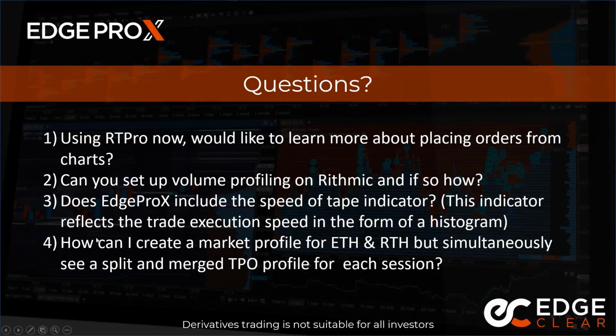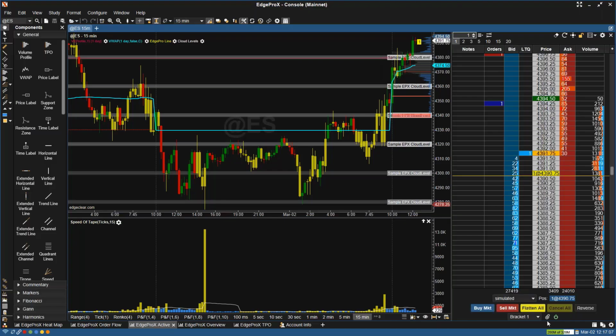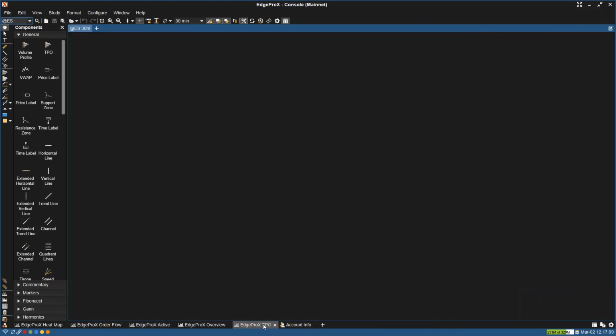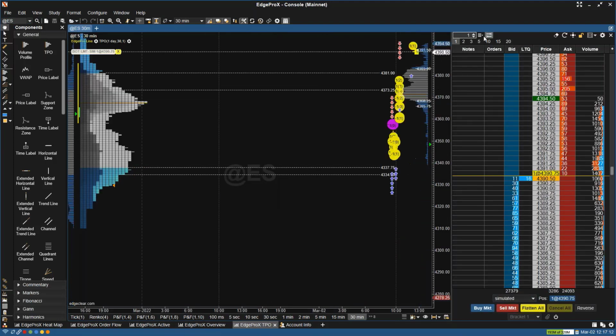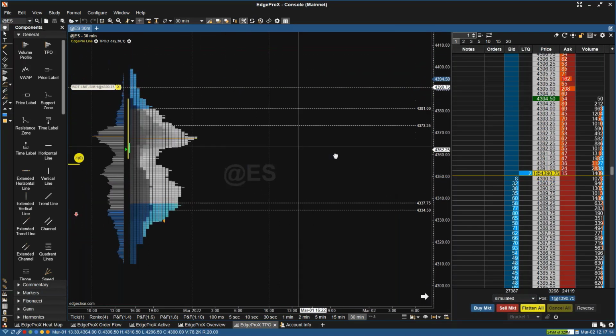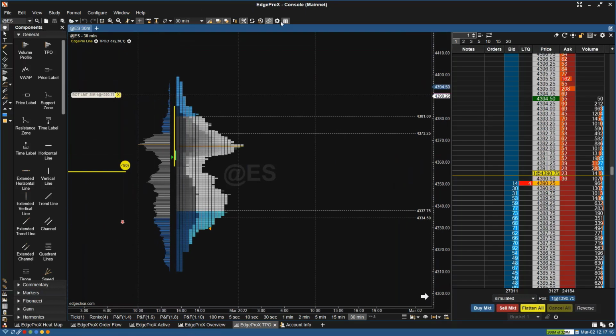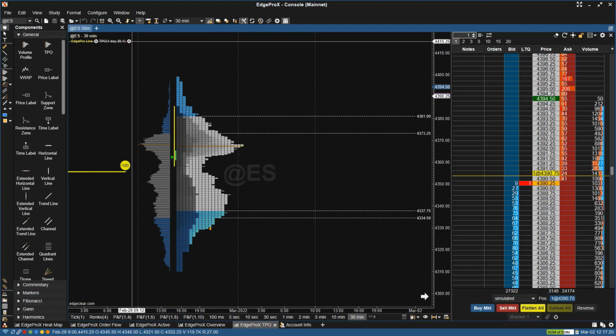But heading back here, how can I create a market profile for extended trading hours and regular trading hours, but simultaneously see the split and merge TPO profile for each session? So if you head to the EdgeProX TPO at the bottom here, we can adjust. You can head to the settings,